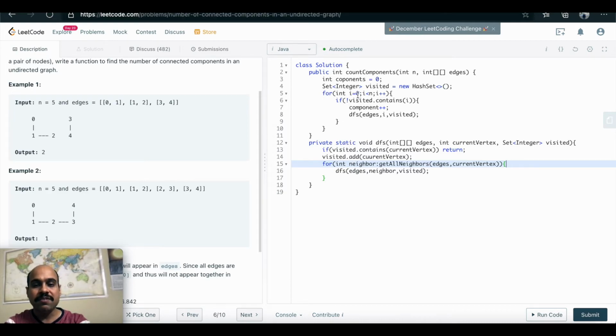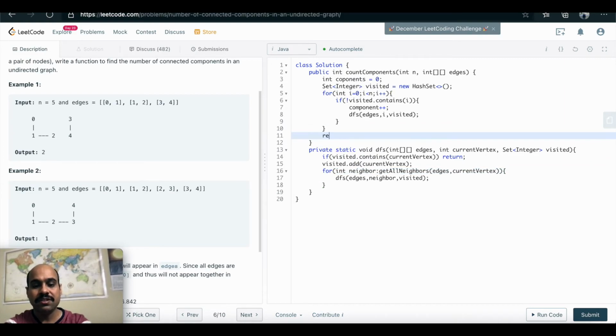Okay, so then we'll run for i is equal to 1, and we'll again come here. Visited will contain 1, so it will go back to this for loop again. Then we'll run for 2, again visited will contain 2, so we'll go back again. Then we'll run for 3, 3 won't be there, so it will increase the component count by 1, so now it will become 2, and then it will call DFS as i will be 3, and visited will contain 0 1 2. It will do the same thing, and finally you will see the answer will be 2, because when it tries to run for 4, it will already be in visited as part of the DFS algorithm where we started from 3, so it won't go inside, and it will end and return at the end.